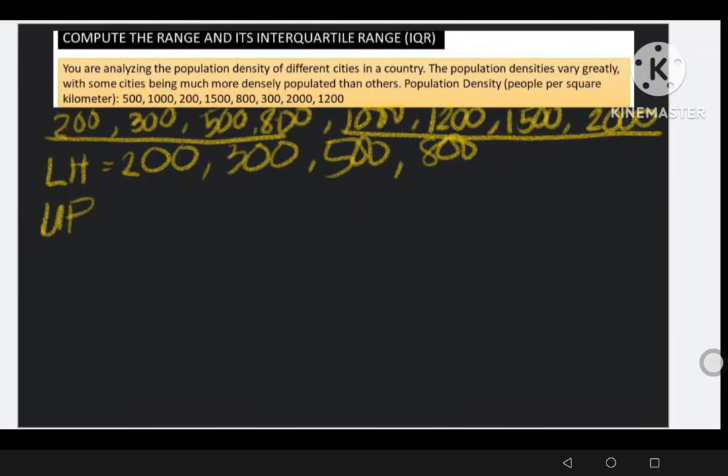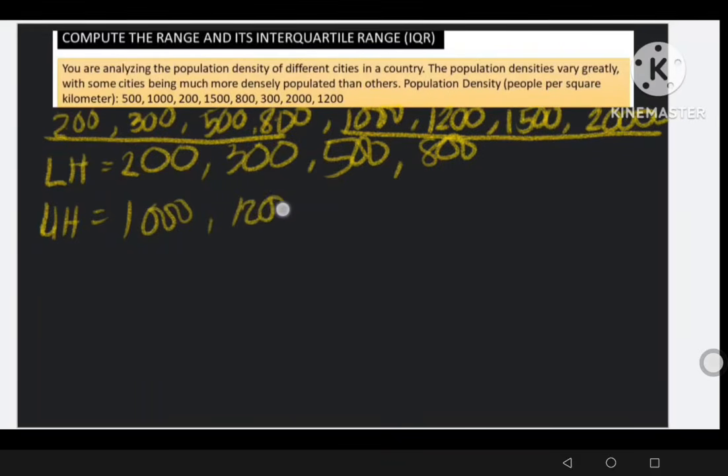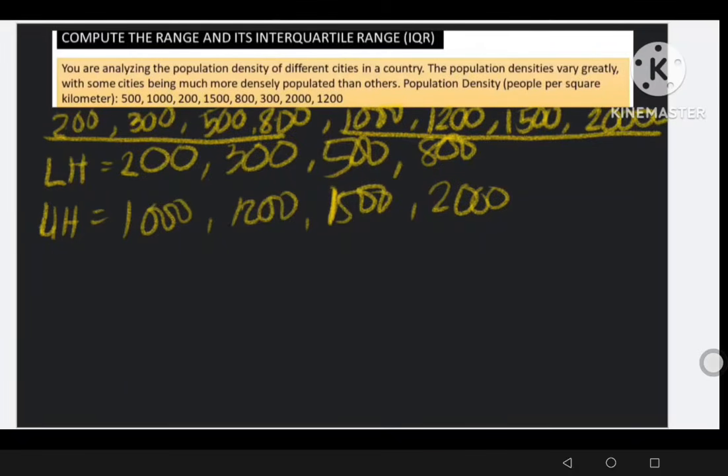we have, sorry. Let's erase that one. Upper half, here, 1,000, 1,200, 1,500, and 2,000. Okay? So after identifying the lower and upper half, we're going to solve for the quartile 1, which